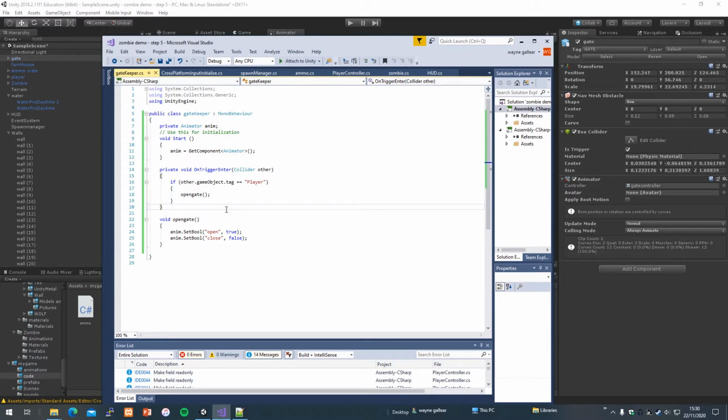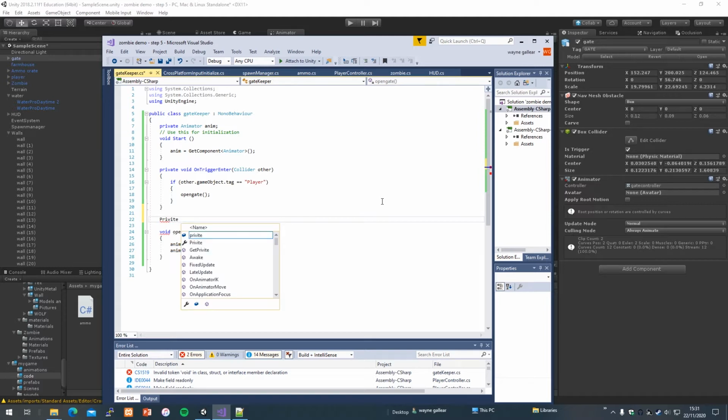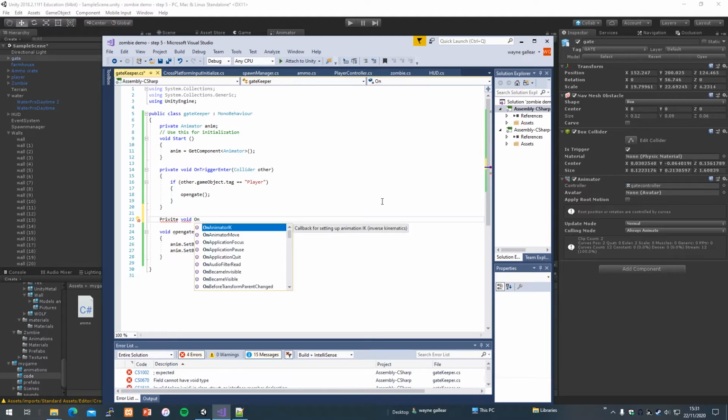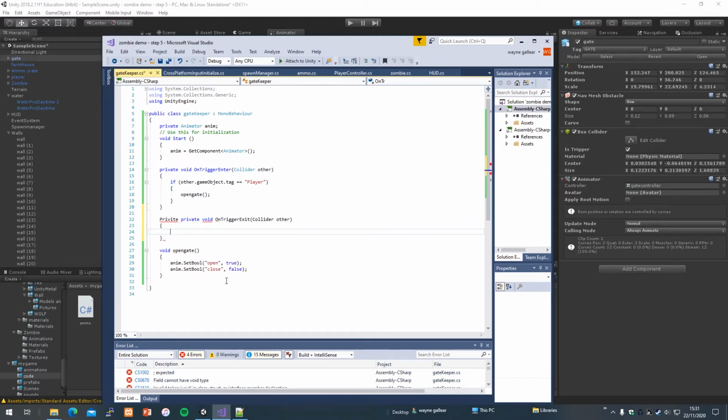Now we want another one. If we leave, exit the trigger, we want to close the gate. So luckily we've got another one. I'm going to go private void OnTrigger, and I notice here you've got Exit, same again. So if we leave it,